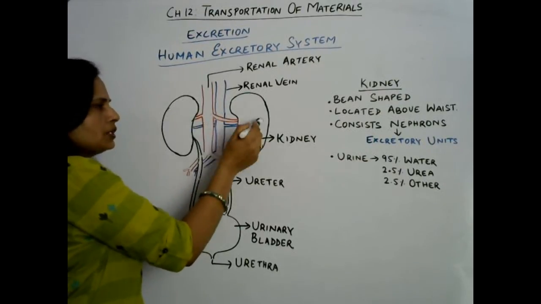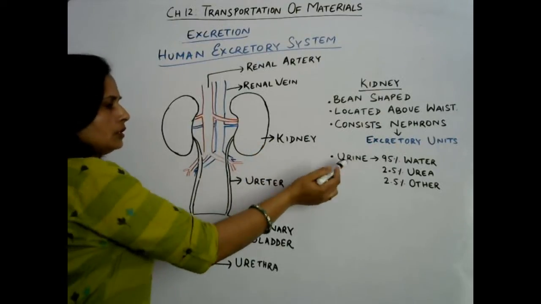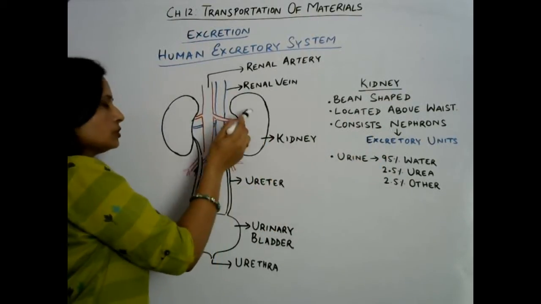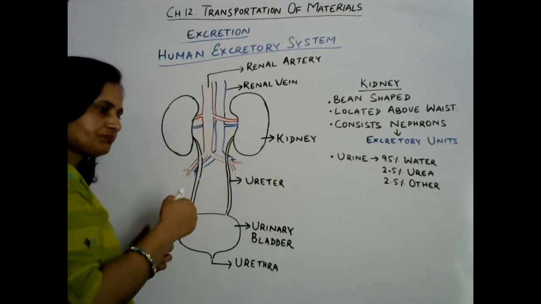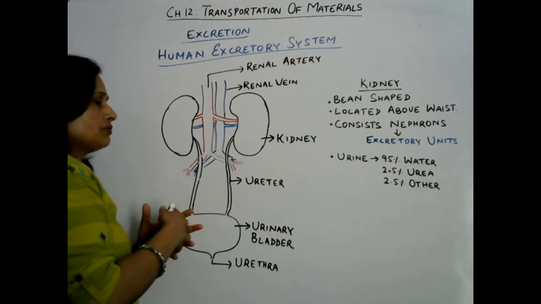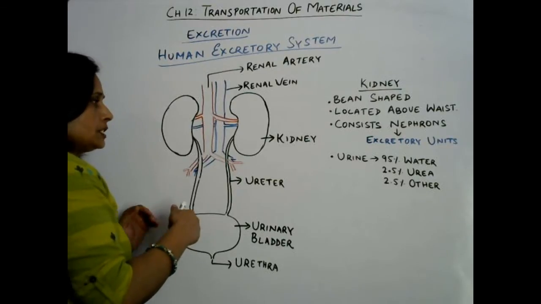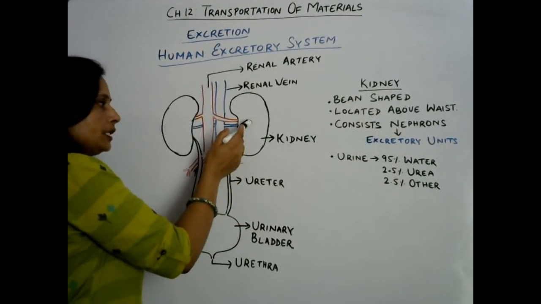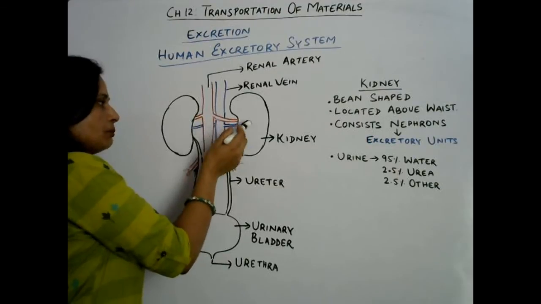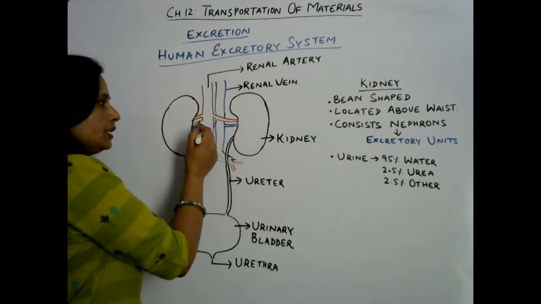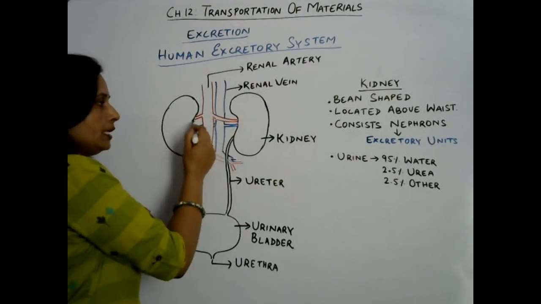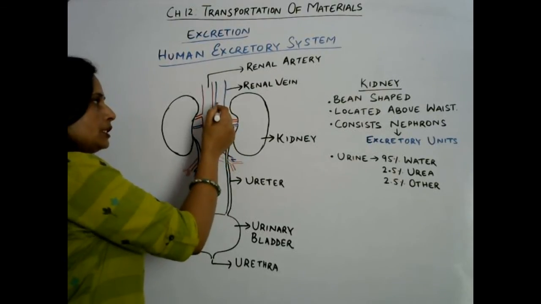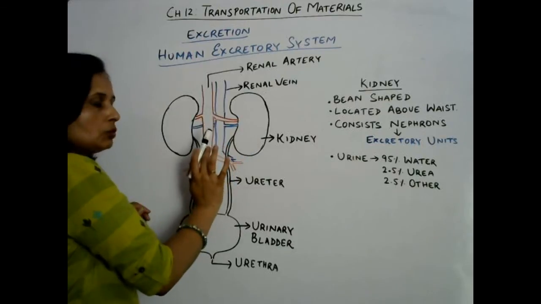Both kidneys have millions of units. Those are called excretory units, those are nephrons. So nephrons do the process of filtration. Nephrons take the waste materials and supply them towards the ureter, and the useful materials they give back to the bloodstream through the renal vein. Renal veins are connected to both kidneys and collect the useful blood. In that way that pure blood is supplied all over the body.